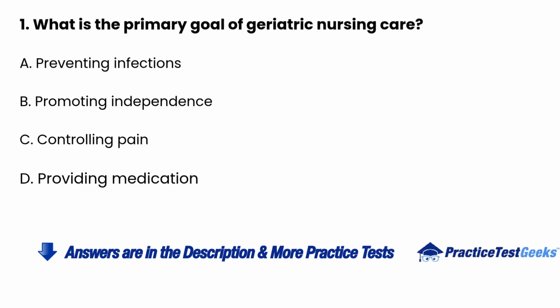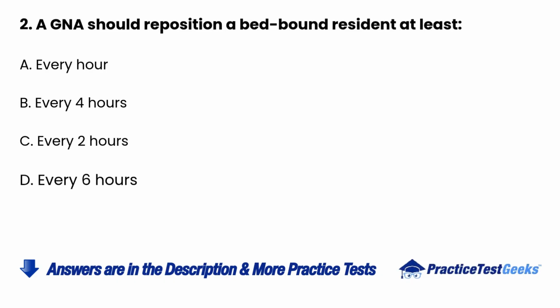1. What is the primary goal of geriatric nursing care? A. Preventing infections. B. Promoting independence. C. Controlling pain. D. Providing medication. 2. A GNA should reposition a bedbound resident at least